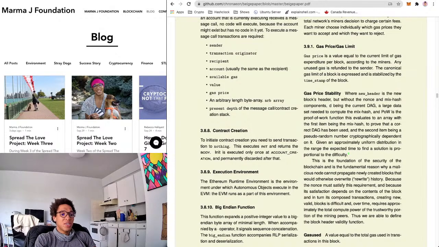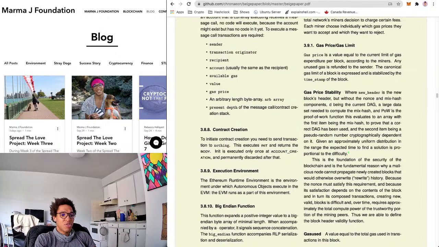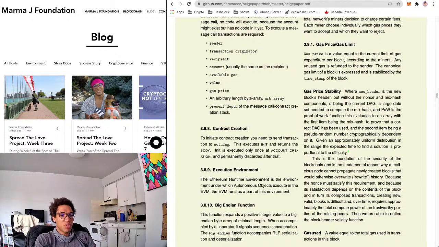And in turn, its composed transactions creating new valid blocks is difficult and over time requires approximately the total compute power of the trustworthy proportion of the mining peers. Thus, we were able to define the new block header validity function. And all that this little paragraph is saying is how the entire blockchain is secured and how we can just know that everything